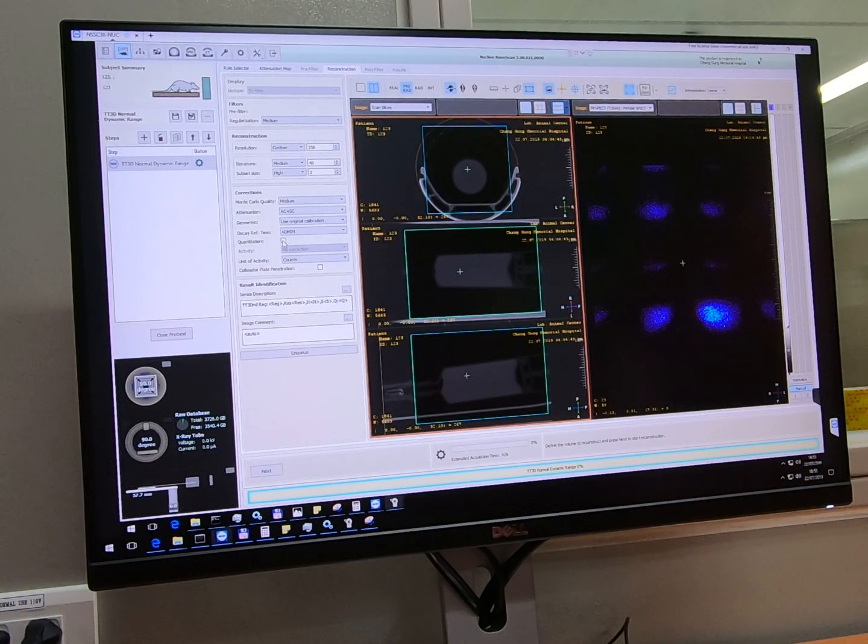And we want to have quantitation. Use original calibration, and activity concentration. Okay, the collimator plate penetration has to be turned on if you have a high energy isotope,